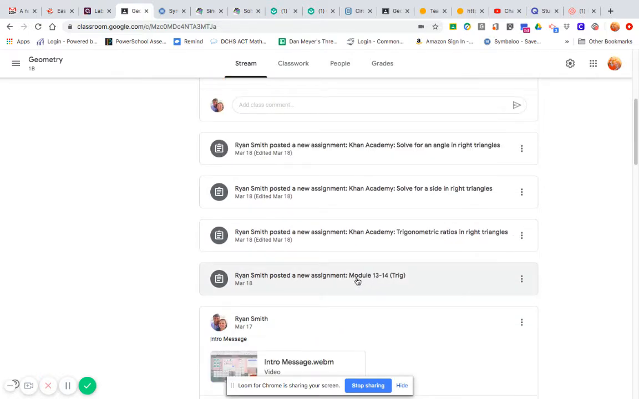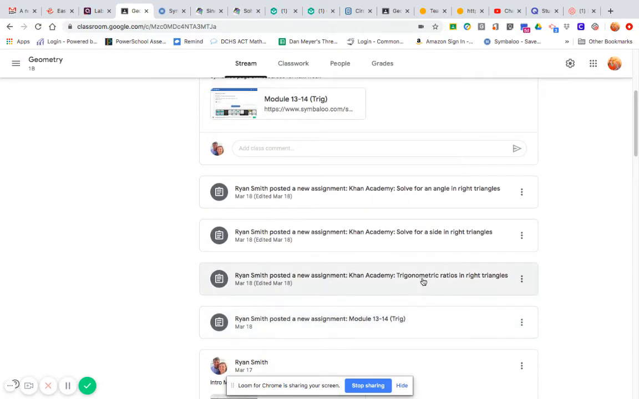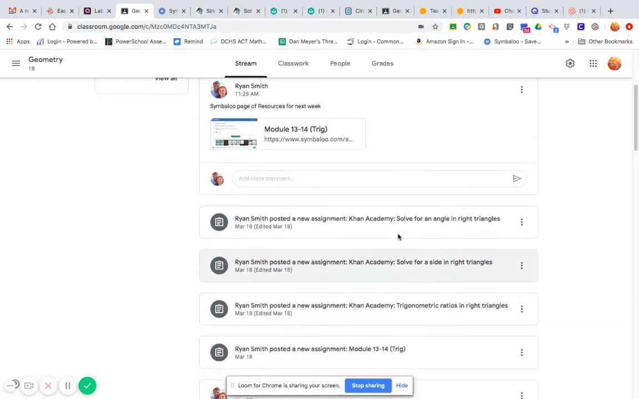So this one on March 18th is Module 1314 Trig. That is a Symbaloo, and I've sent y'all a Symbaloo before. I actually sent it up here too. It's the same thing. So these two things are the same thing. It says assignment, but it's not something that you have to do. It's not something you have to go to. It's not something that you're going to be graded on. But if you do go to that Symbaloo page,